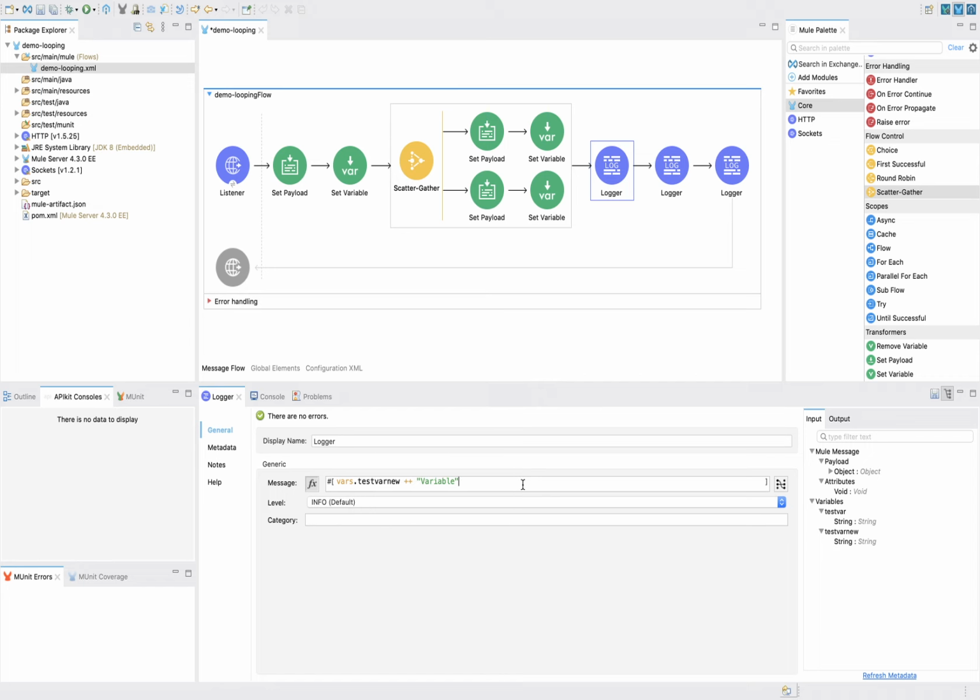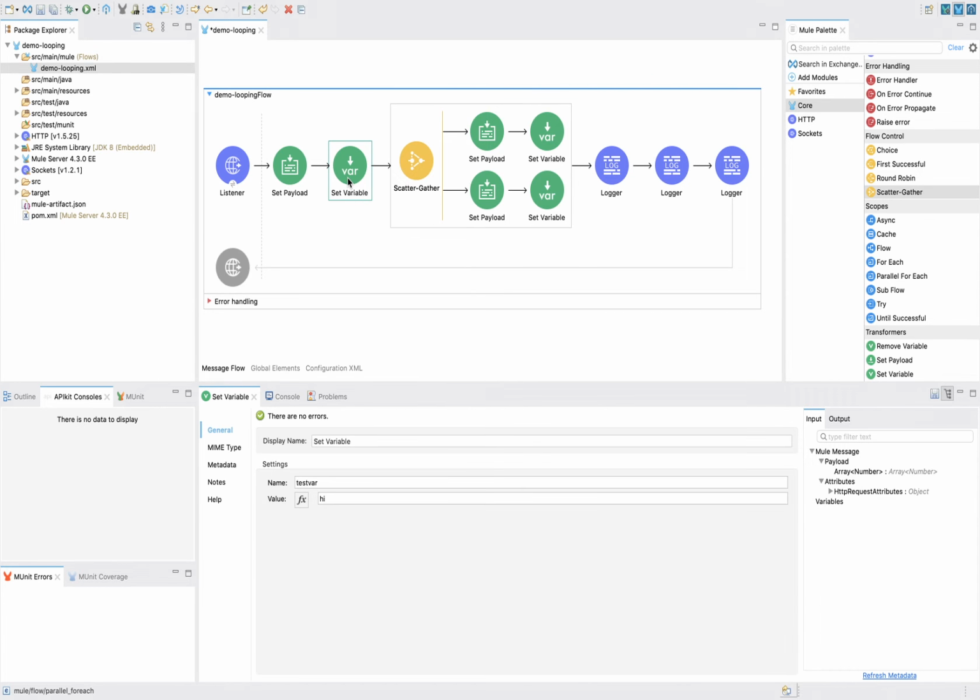So here what we are doing, we have this payload and we have this variable. Inside this scatter gather, one time we are changing the value of this variable, and in the second branch we are creating a new variable. So here we will check what the value of the payload will be, what the value of the existing variable will be, and what the value of the newly created variable will be. Okay, all those scenarios we will see here.